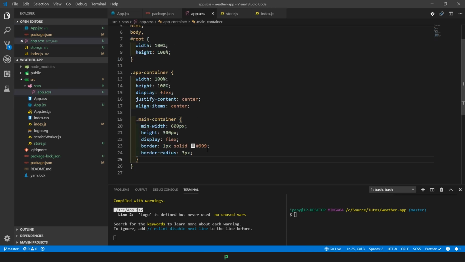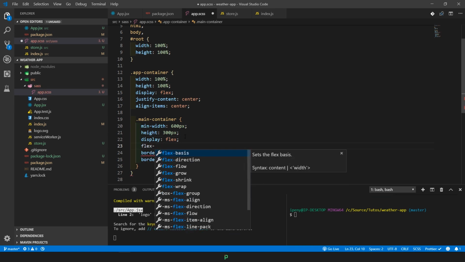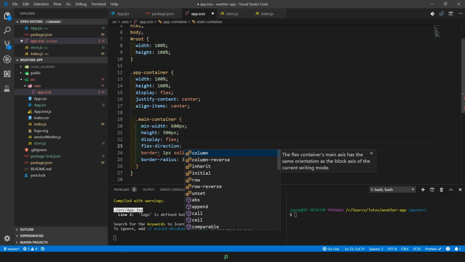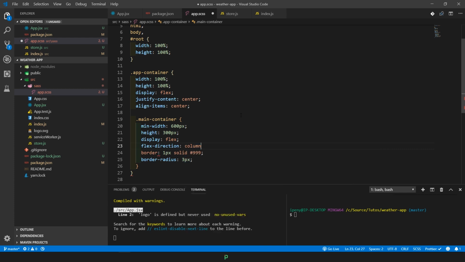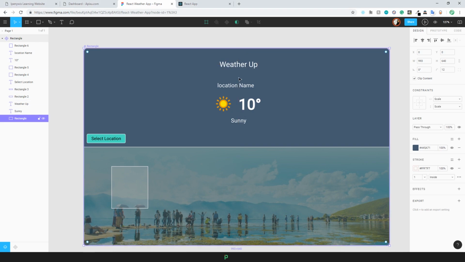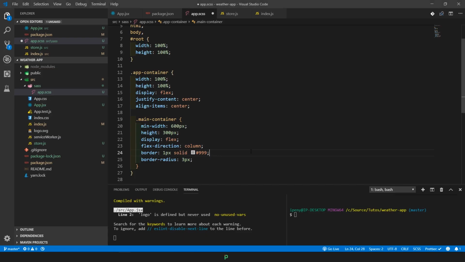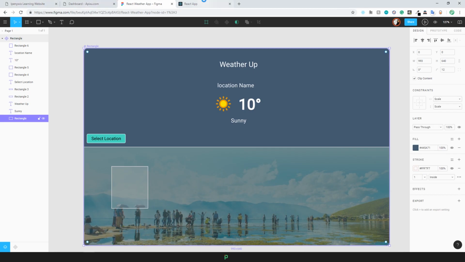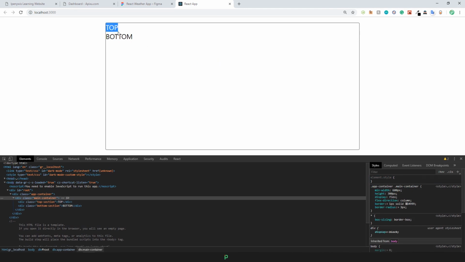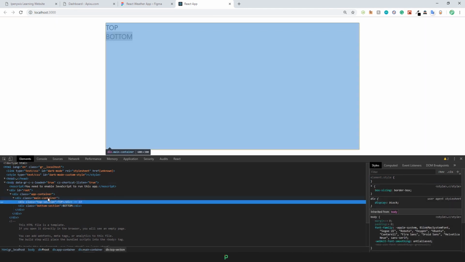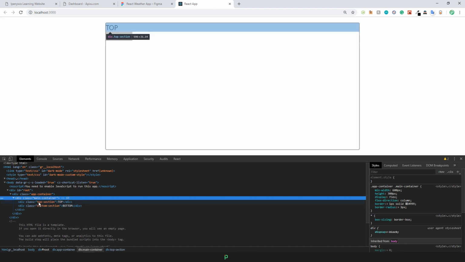And probably here we're going to use, since we want them in rows, not columns, so we're going to change this to actually flex display or flex direction to better say. So you can clearly see the flex column, flex main axis has the same orientation. So this is actually what we want. So we want them actually both columns, like this first column and the second column in here. So I'm just gonna save that, and this should hopefully, there we go. So this first column, this second column, as we said, and we've got the main container in here, but this